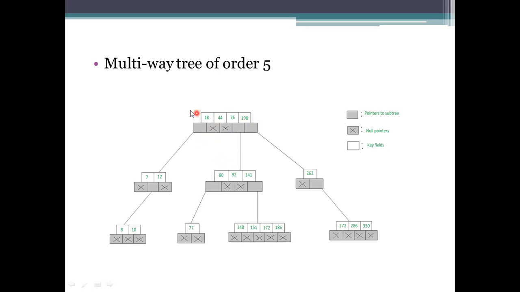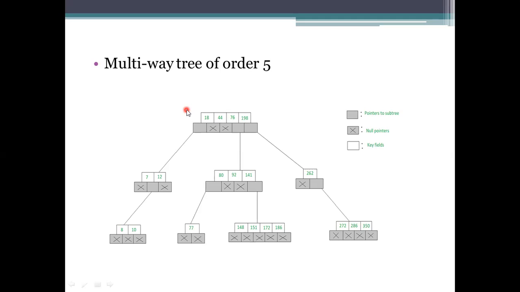If you want to add an element, just imagine it is 17, then what is the binary tree feature here? If the element is less than the root or parent node, it should be inserted on the left side. Greater than will be inserted on the right side. So here the element to be inserted is 17.